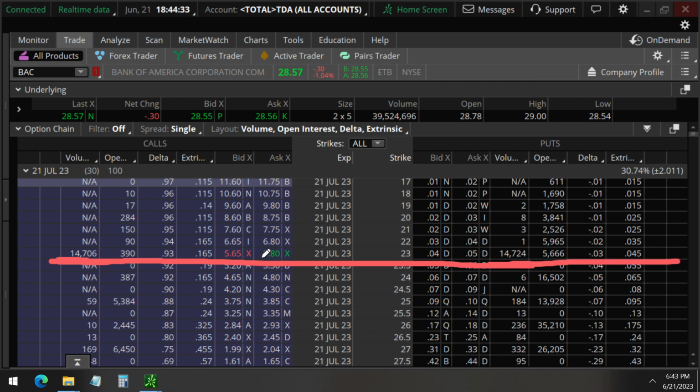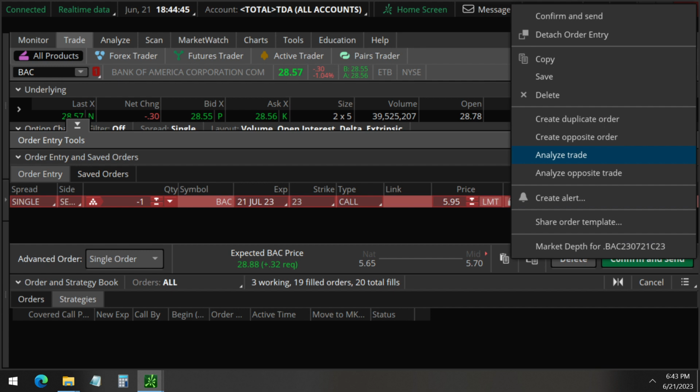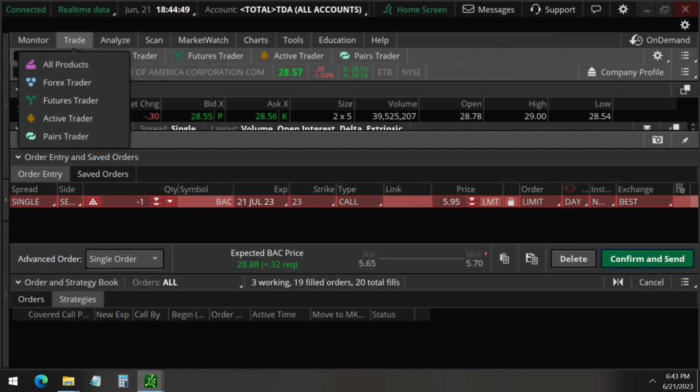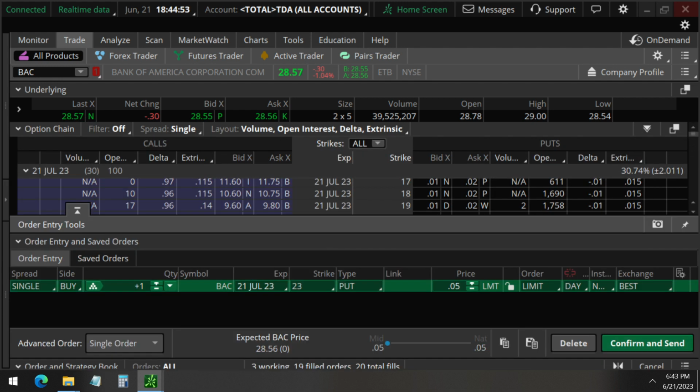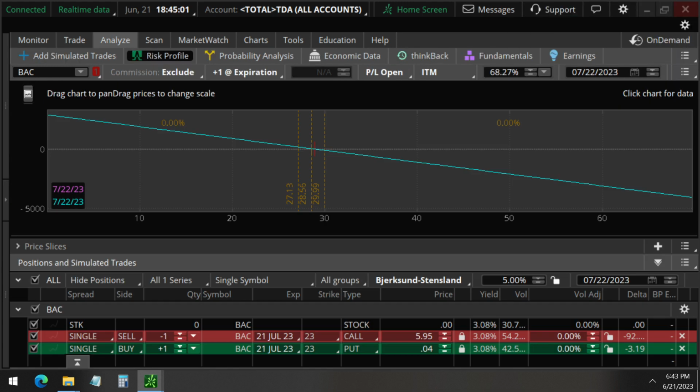Okay, so what they're doing here is they're selling this call, and we know that was $5.95, so we can change that when they did their trade. Let's analyze this trade, add it into our analysis, and now let's add the put side in. So if you remember, the put side was 4 cents, so they bought the puts and they sold the calls. And when you analyze it, you'll see that it does look like a short position, because as the price of Bank of America at $28 goes down, this becomes profitable at expiration, right? Because it's above this zero line. And if it's below, it's a loss. So you'll see that this is now below once the price increases. So it looks like a short position. However,